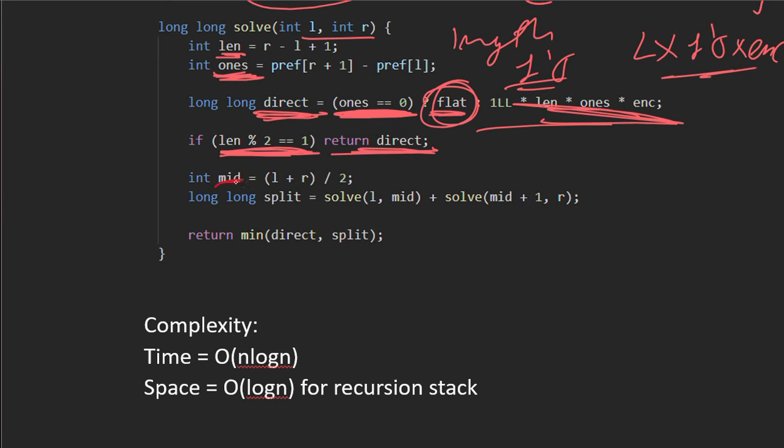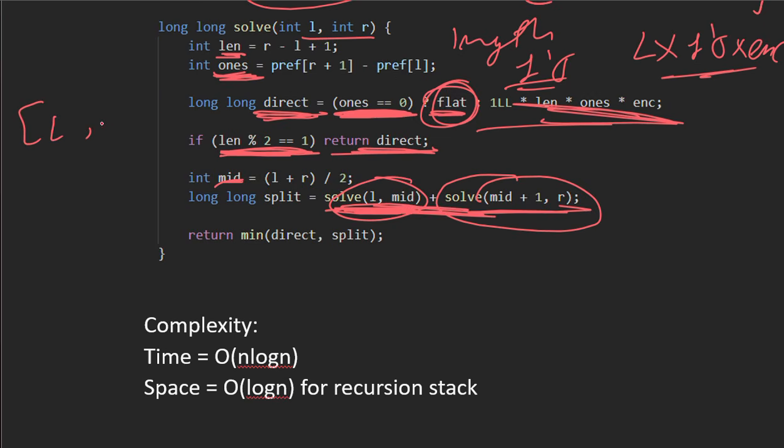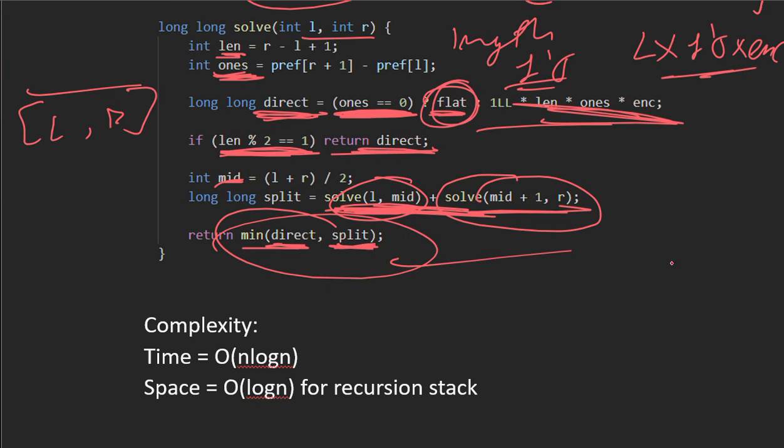Else we split into a left part and a right part, find the minimum cost of the left part and the minimum cost of the right part, and add them. Then for segment L to R, we check the minimum of the direct cost and the split cost, and we return the minimum of those.